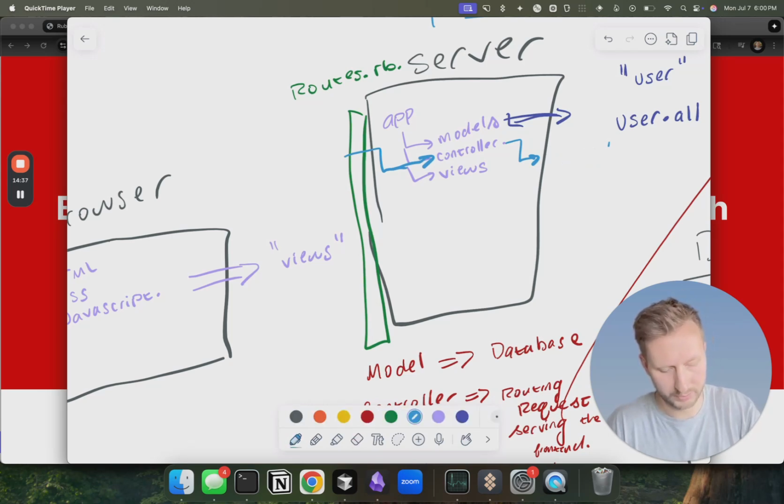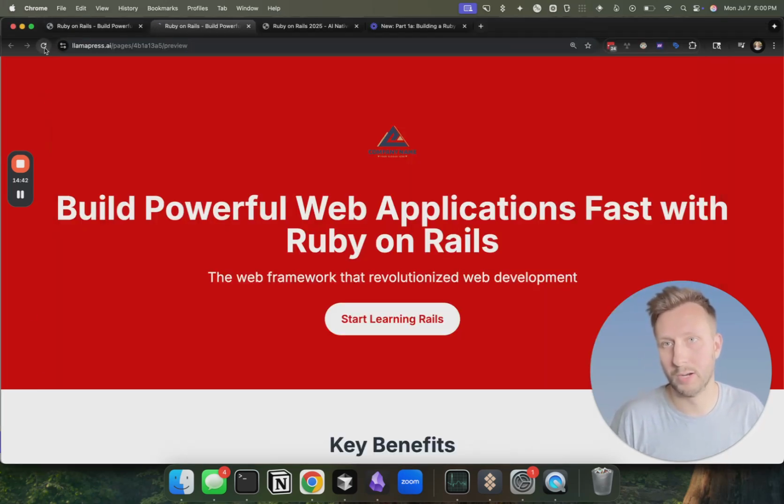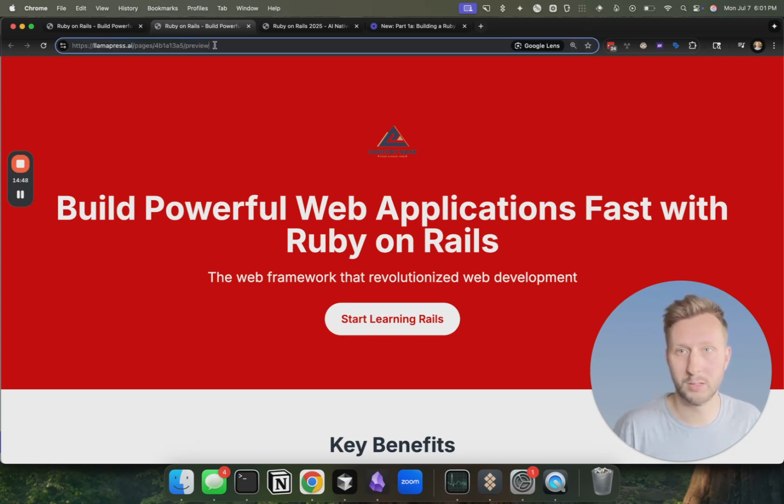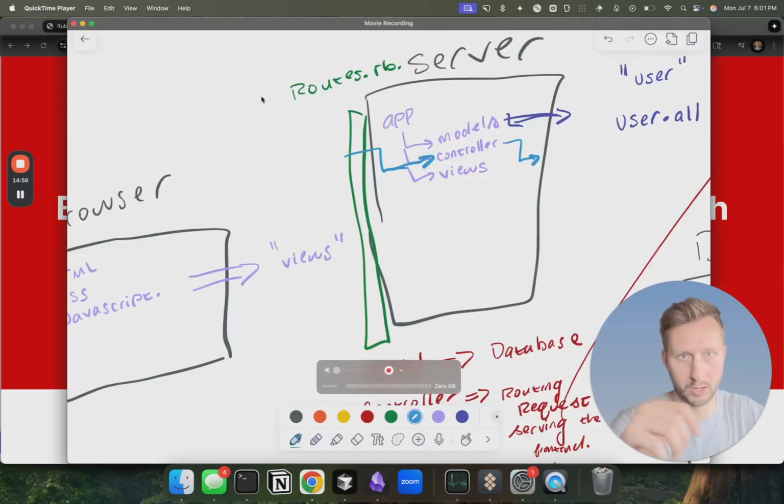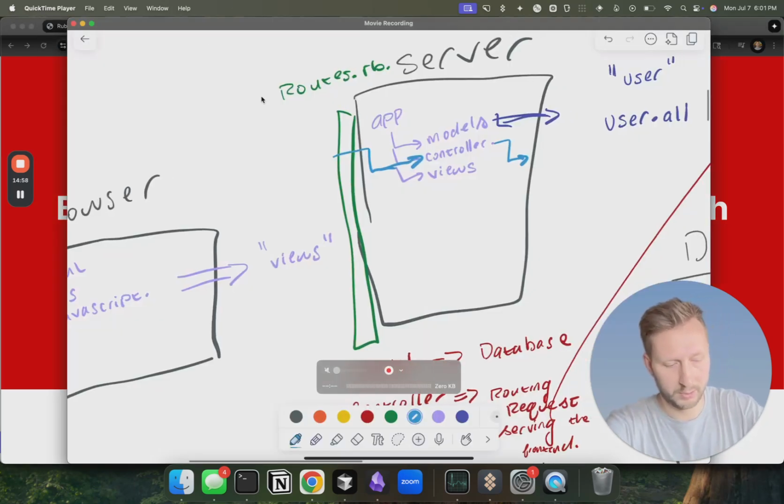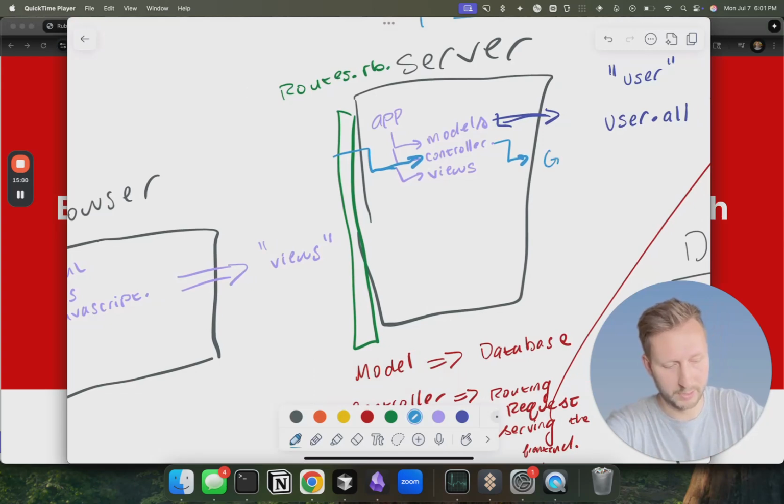In this case, if we load this page right here and refresh, this will do a GET request to the llamapress.ai server with this as the parameters. They call these parameters; these are like input arguments to the URL. And what it will do is come in to our controllers and say, hey, I have a GET request for